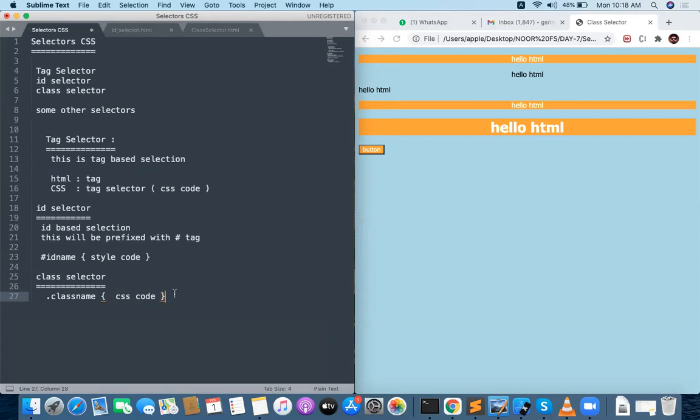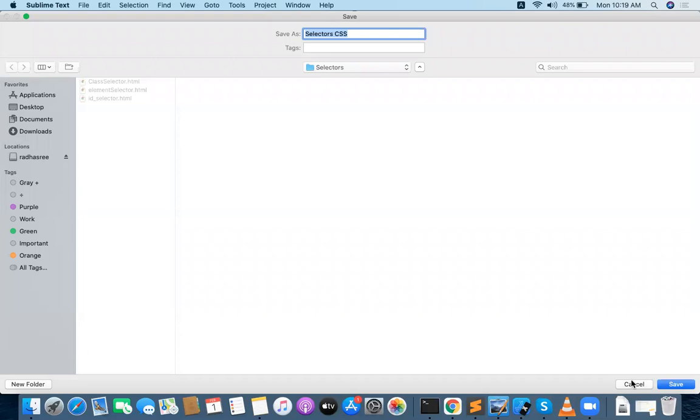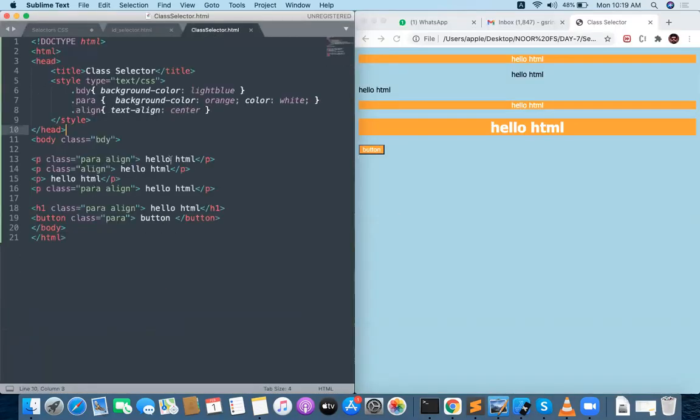There is no restriction with the class, and every element with one class attribute, and values separated with space. Whatever classes you want, those particular values are separated with a space. Can you see that? One is the para value, one is the align value. Those two values are separated with the space.